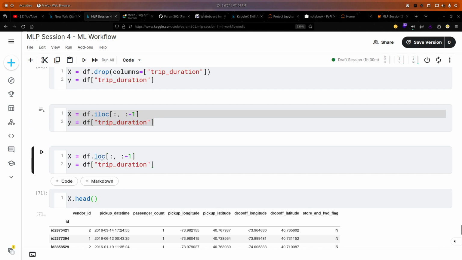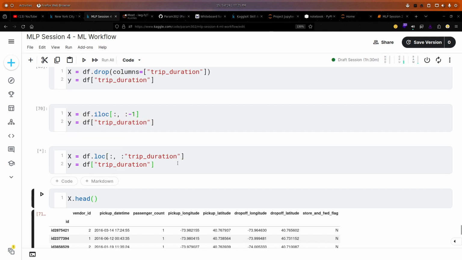So another way is this, df.loc. First of all, I'll select all the rows with the help of colon. Then I'll select all the columns except the last column, which is trip_duration. Here we will write the column name because we are using loc, not the iloc. Okay, now if I run it,